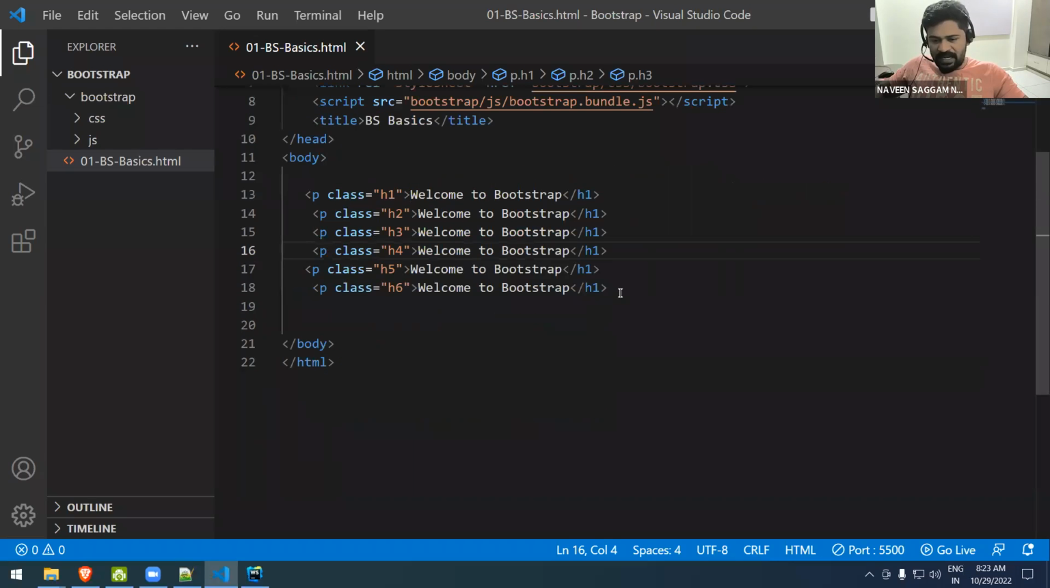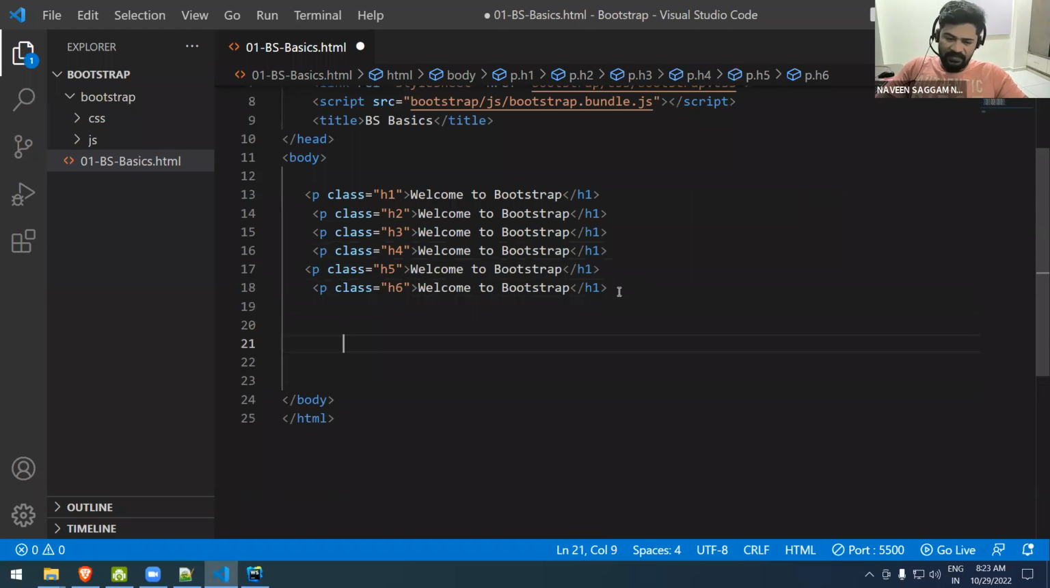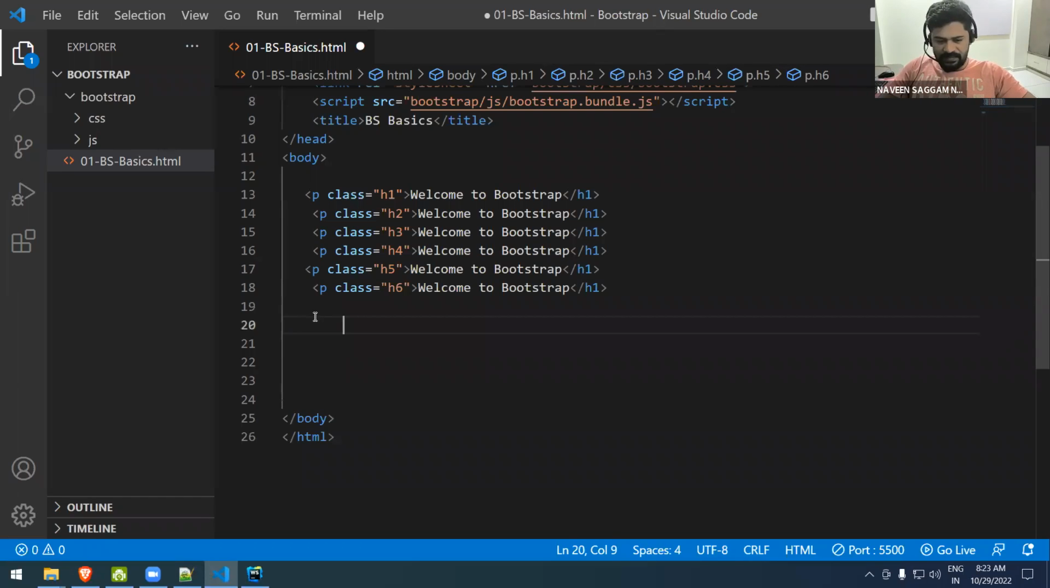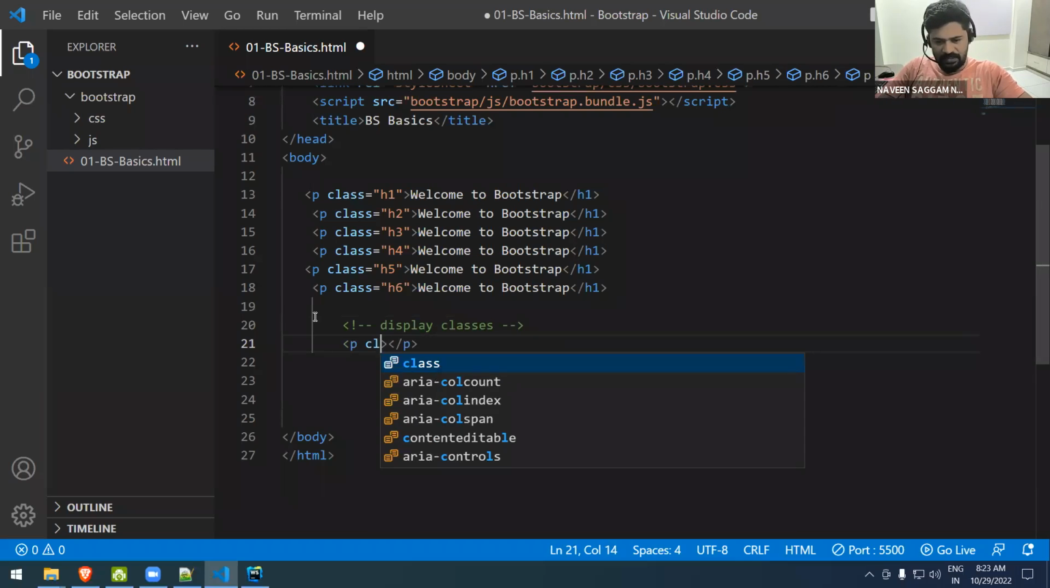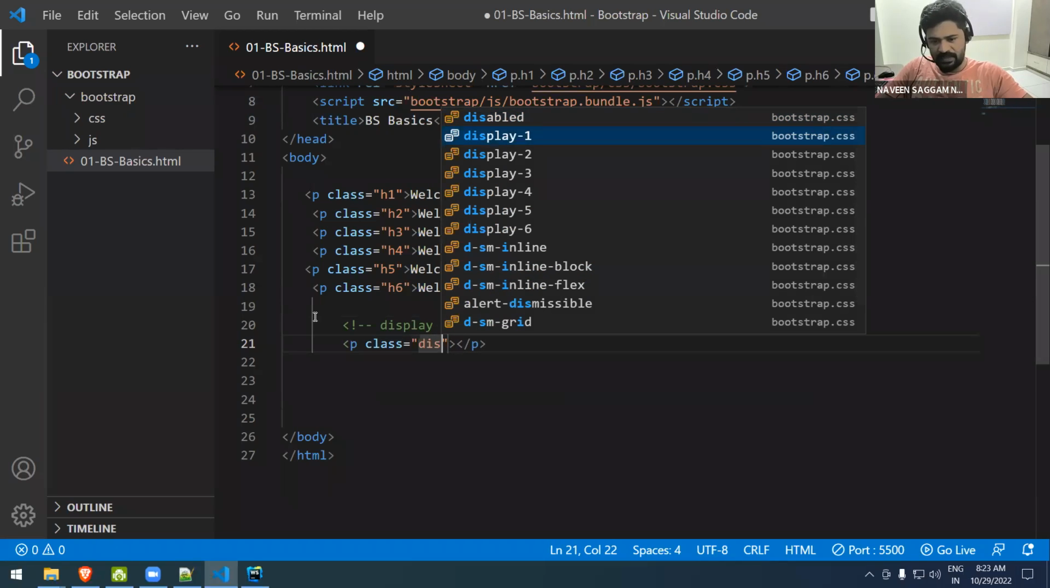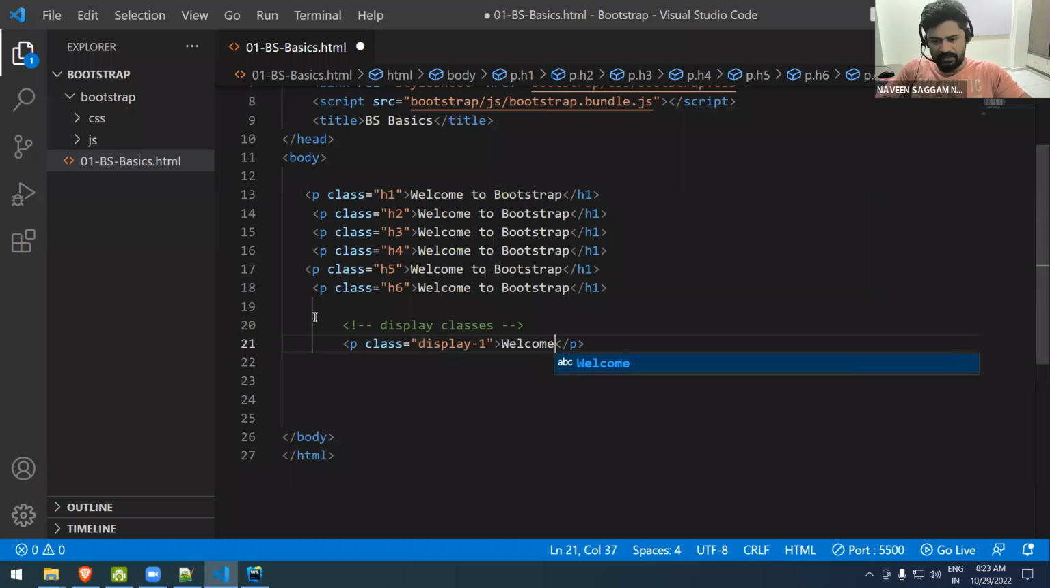Even there are some more classes to make the text even quite bigger than this one. Like some websites will have a bigger heading, right? So there also we have classes. Those are actually called display classes. So display classes, let's write a paragraph. There's a class called display, display one. So welcome to